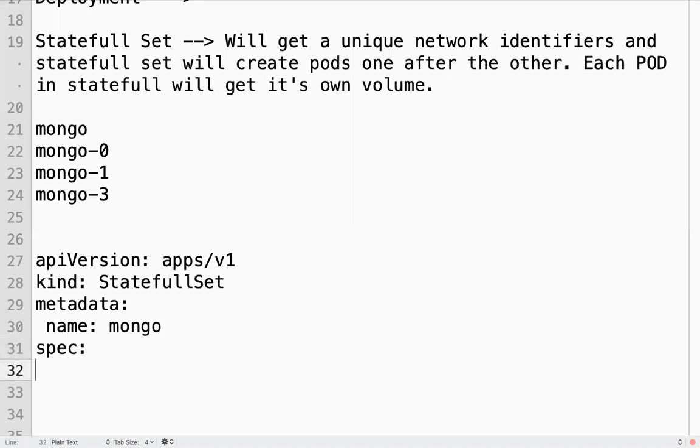Spec, again selector. If you don't mention replicas, it will create one replica. Selector, again here you can use matchLabels, something like this.